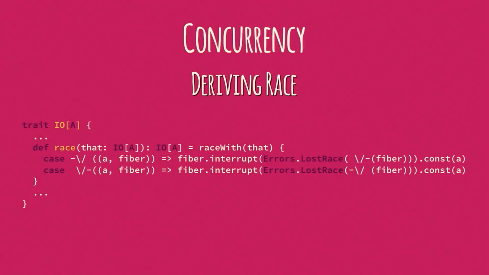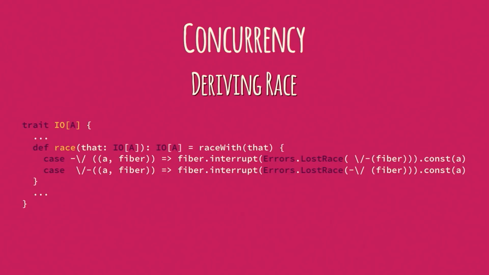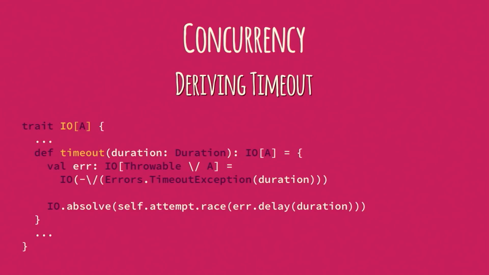And then with this RACEWITH, well, here's the definition of race. It's so simple. And by the way, the type signature of RACEWITH tells you so much about what this does. The type signature of race, given IO of A and IO of A, returns an IO of A, doesn't tell you much. There are lots of different ways you can implement that. But this one's so polymorphic that you know what it's doing just by looking at the type. There are strong guarantees here that help you reason about what this is doing. The definition of race is just kill the loser with an error, saying you lost the race.